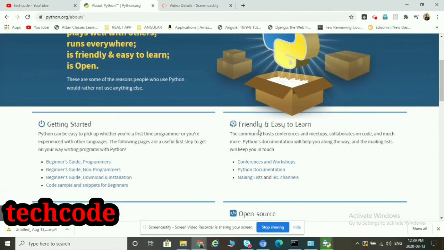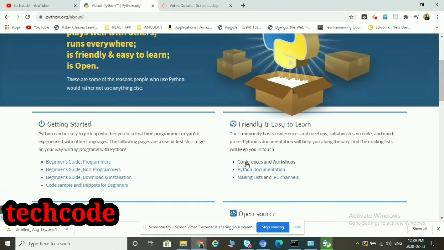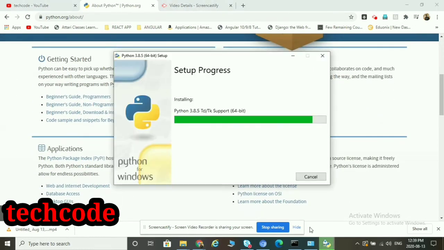It is friendly and easy to learn. We will create some tutorials in the next parts, where I can teach you the different methods. Okay, so we are finishing with the installation here.